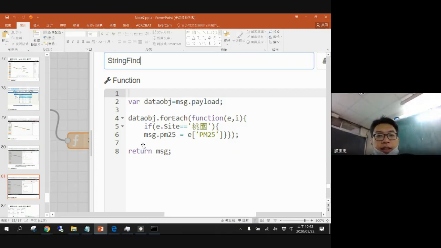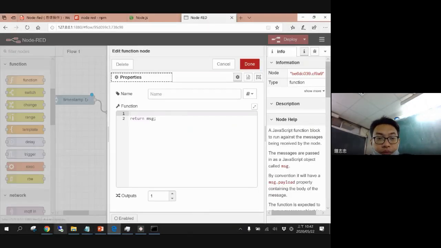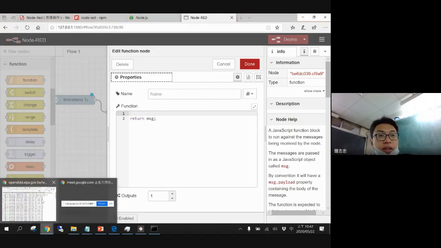It is very easy if you maybe learned some Java or Python. You can use this data object, I try to scan for each line. And next is a very easy function, the local function. I try to scan each line, I mean the site, you already find in a JSON file, there is a